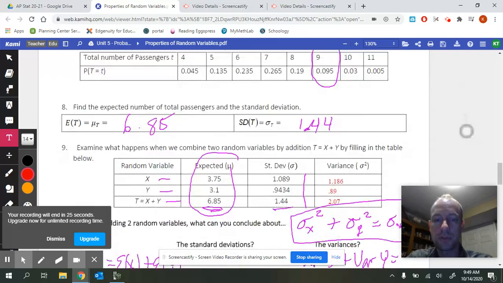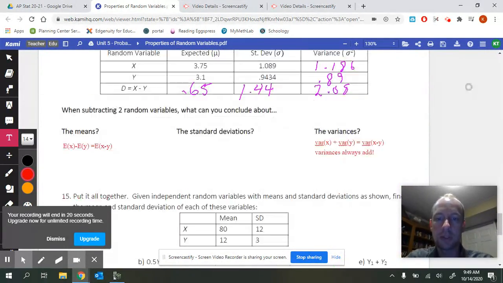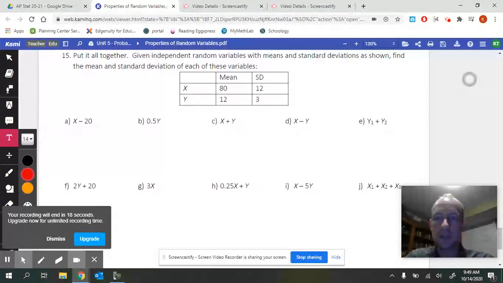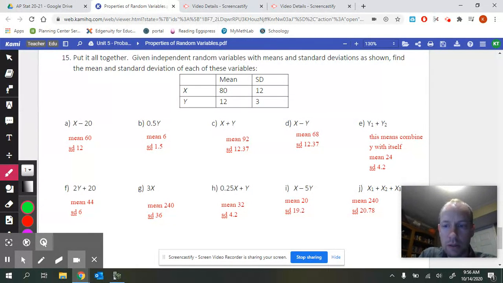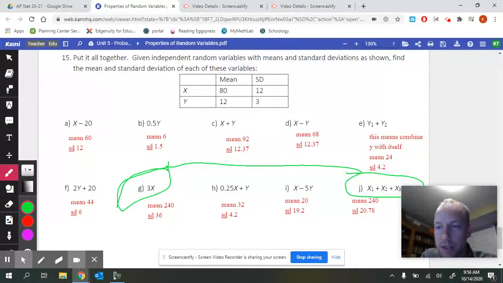So, pretty cool situation. All right, so we're going to put this all together. Down at the bottom, you have a practice set. I'm going to pause the video and you can check your answer at the end. So finishing this up here, one quick note is that 3x and x plus x plus x